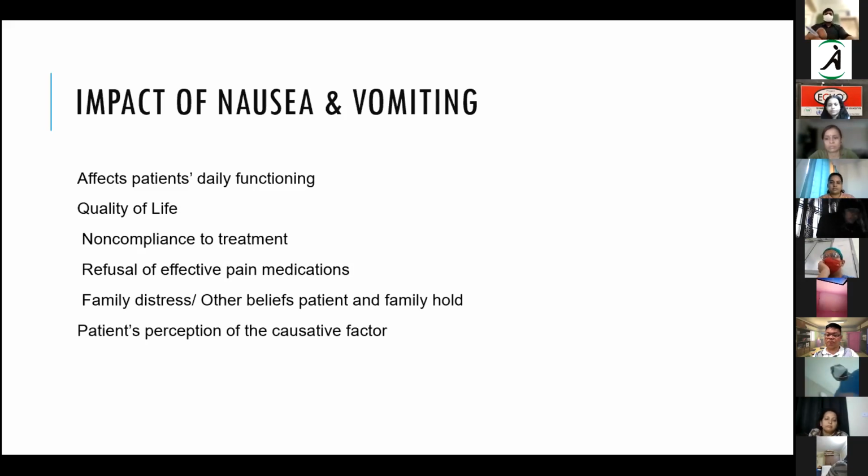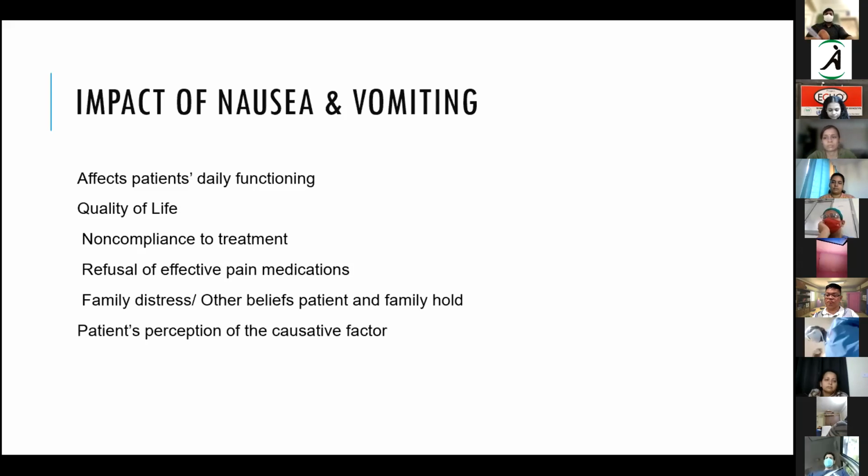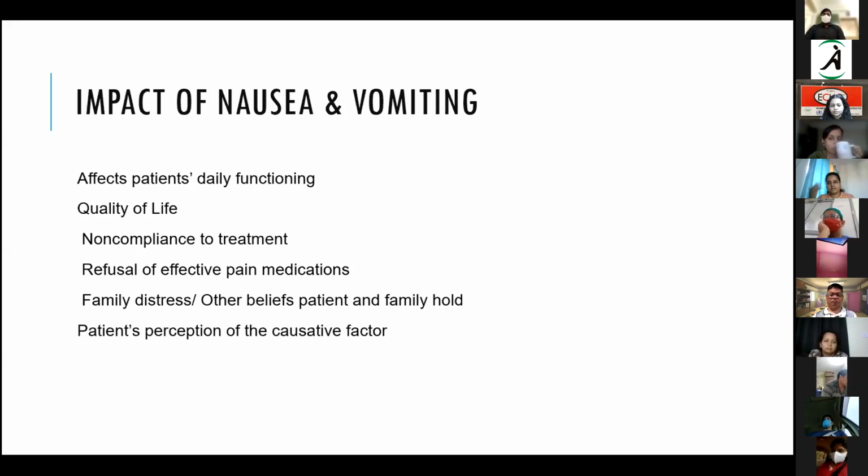Give me some other medicine, this is not effective. It may not even be to do with any particular medication. You might have advised some different treatment, maybe an injection or just a paracetamol, and they'll say this injection caused nausea. They might attribute it that way because it coincidentally happened at that time, but they might remember it and share it that way. So when we look further at assessment, these things also need to be kept in mind while talking to them.